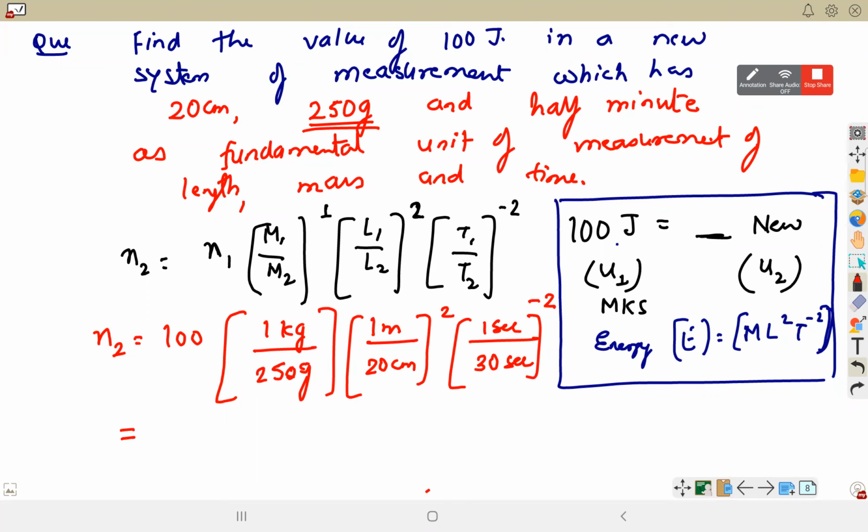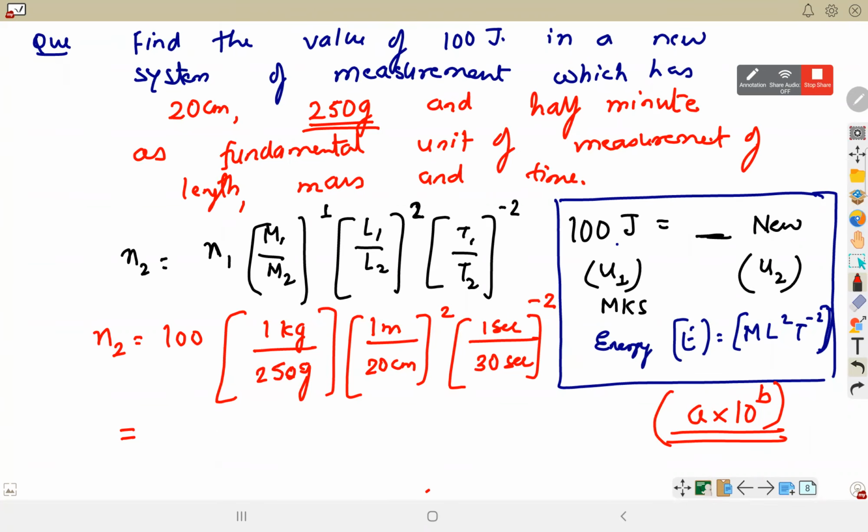Further, you have to just convert this kg into gram and solve, and then meter into centimeter. सेकेंड वाले में वो 1/30 to the power -2 है. 30 को ऊपर कर लो. 30 square होगा, 9 लाख आंसर. 9 लाख. यार अब बड़े होगा. स्टैंडर्ड यूनिट हमेशा जब भी मैनुअल लिखते हैं ना, हम साइंटिफिक फॉर्म में लिखते हैं. ये भी हम पढ़ेंगे इसी चैप्टर में, डोंट वरी. 9 into 10 raised to power 5 सर.